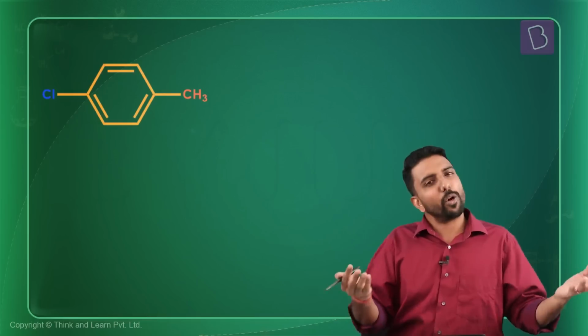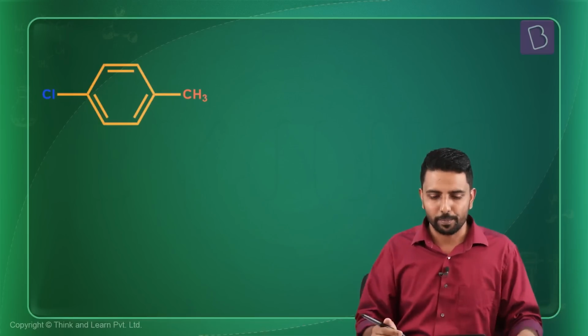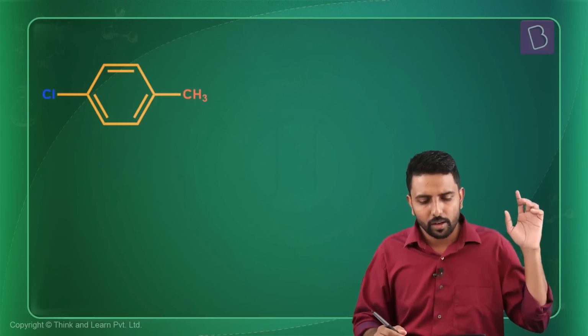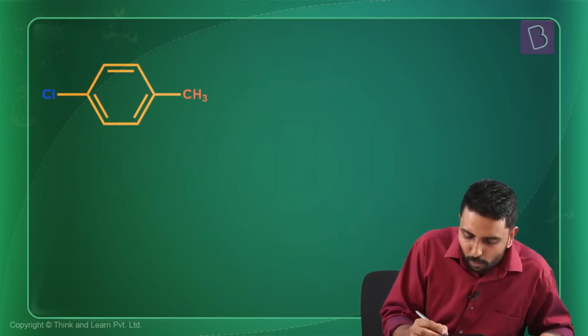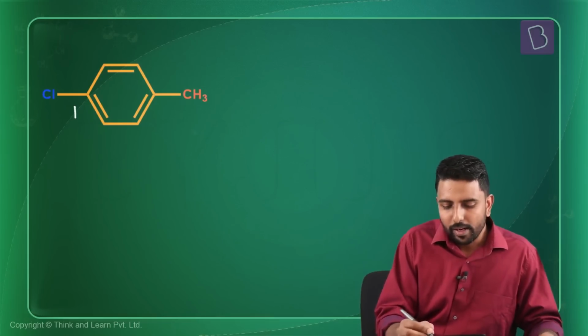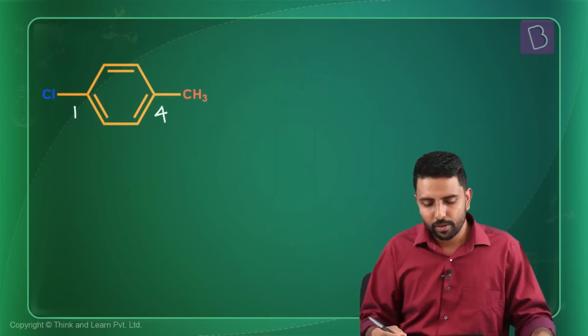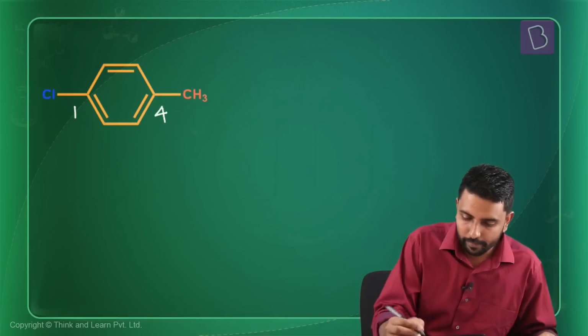As in, we cannot make a case for chlorine being better than the methyl group or vice versa. And for that reason, carbon number 1 is going to bear the chlorine atom, and carbon number 4 is going to bear the methyl group. So this compound can also be termed as